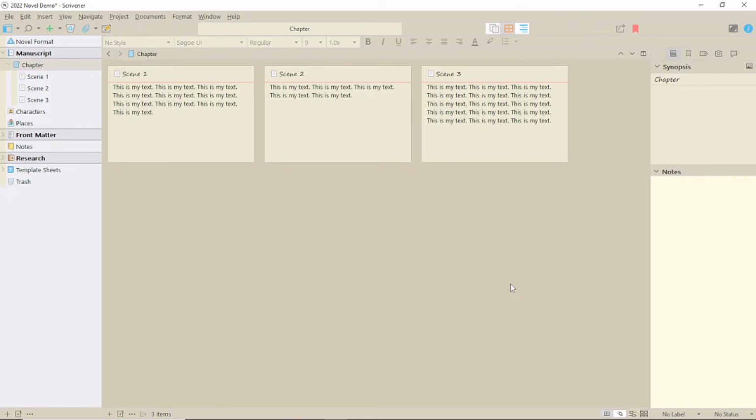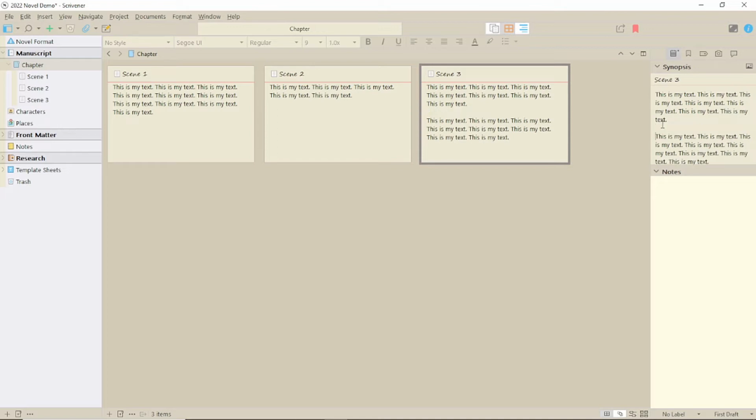I've previously spoken of how the index cards and synopsis box are effectively the same thing. Well, in the synopsis box, you can press return and display the text as you want, and then it will appear with line returns on the index cards. So if you like to write in paragraphs, the synopsis box may well be the best place for you to set out your text. Then you can use the corkboard index cards more as a place for organising rather than writing. And as you can have both open at the same time, that probably isn't too much of an issue.